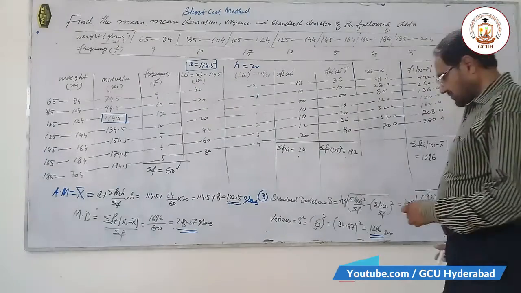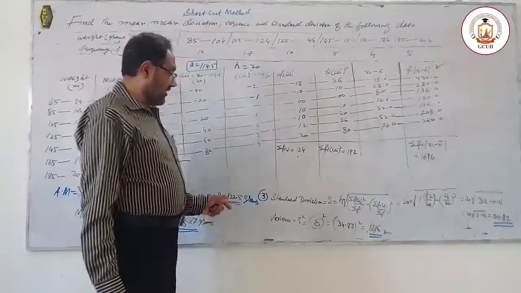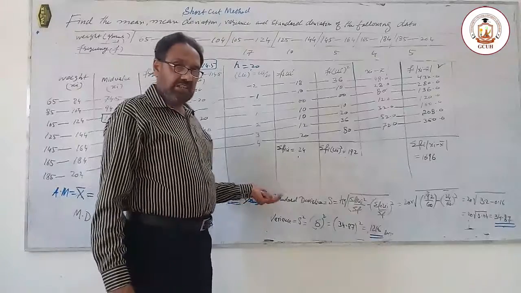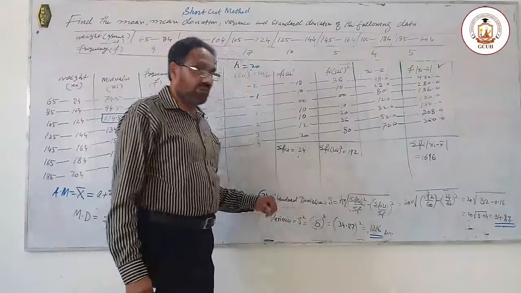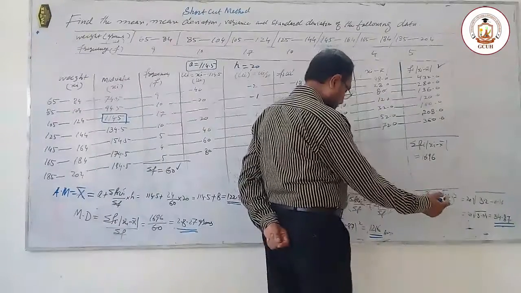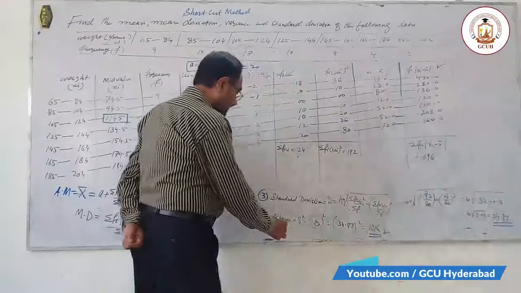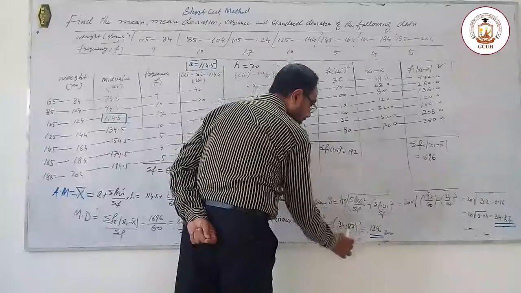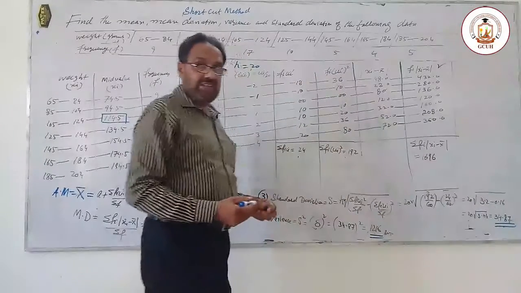This is the answer of this one. And in the last, the variance. We know that variance is the square of the standard deviation. Our standard deviation is the square root of the variance. Similarly, variance is the square value of the standard deviation. So we have right now the standard deviation value, 34.87. So for variance, s square is equal to sigma square, 34.87 whole square. We will get 1216 as the variance answer.